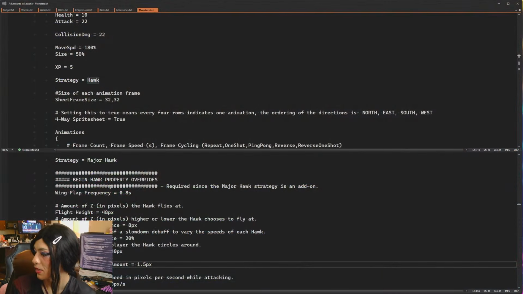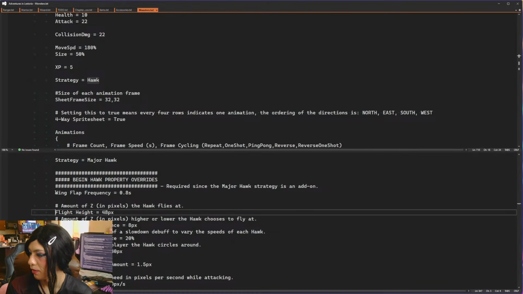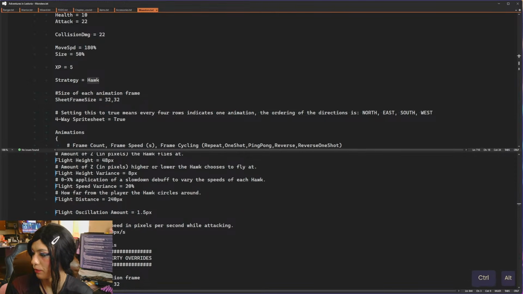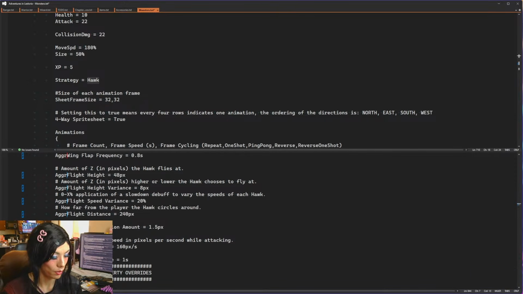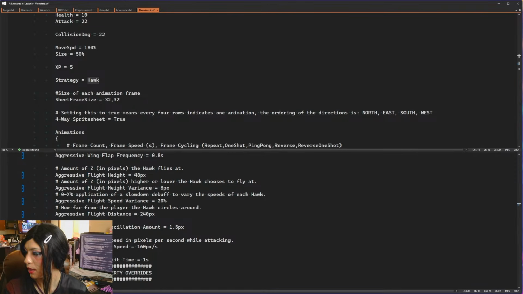There we go. I think that works. That way it's just using those variables when the major hawk count goes down. So then in the major hawk strategy, we can just change every single one of these to be aggressive, assuming they're all required, which they should be if they exist in the first place, like aggressive hawk count.